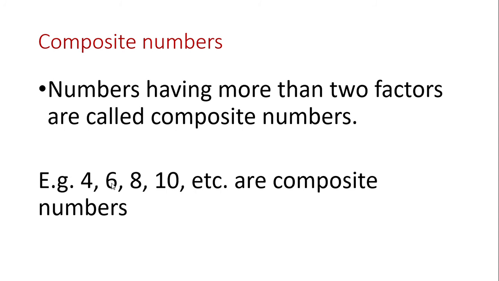9 you're saying how is it not a prime number? That is because 3 into 3 is 9. It does not have only 2 factors. It has 1, it has 3, and it has 9. It's more. So it's a composite number. Etc. are some composite numbers. Next we are going to be learning about